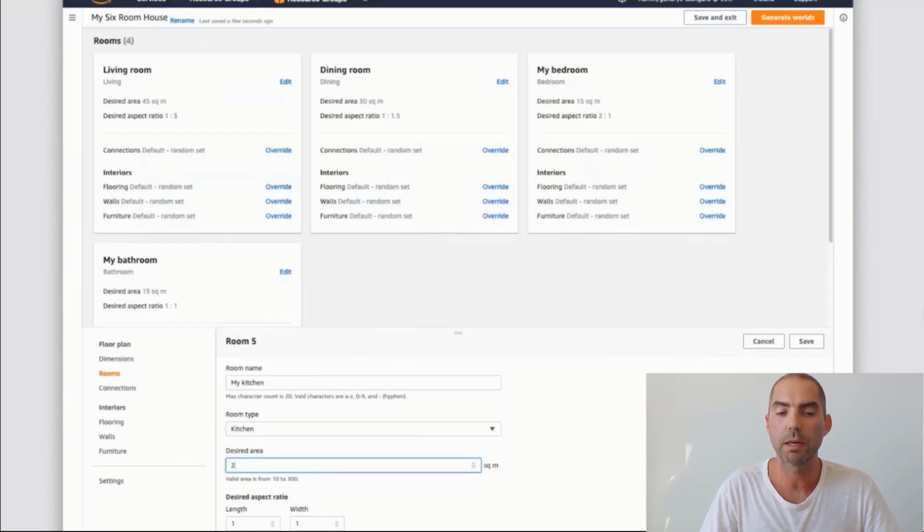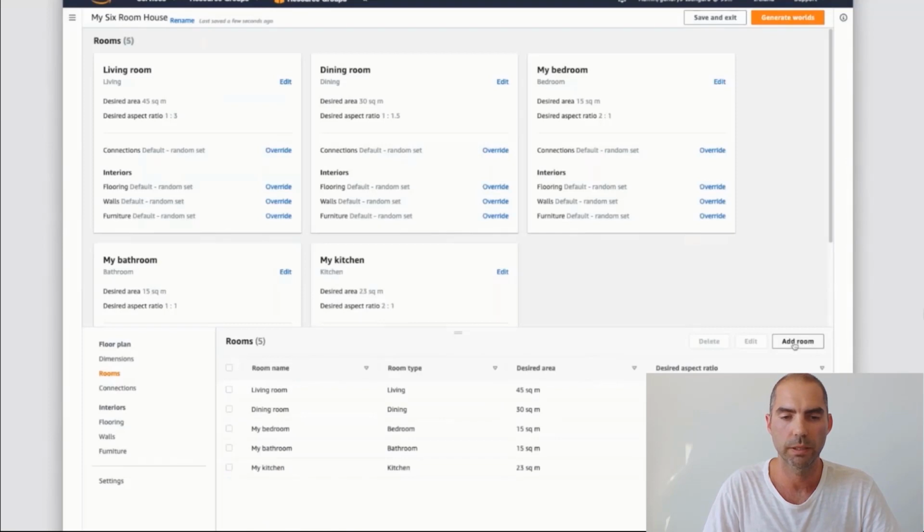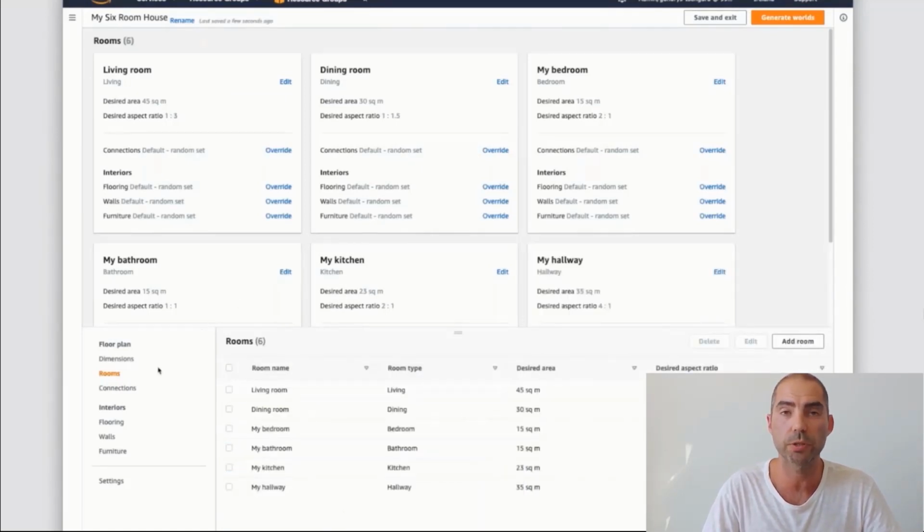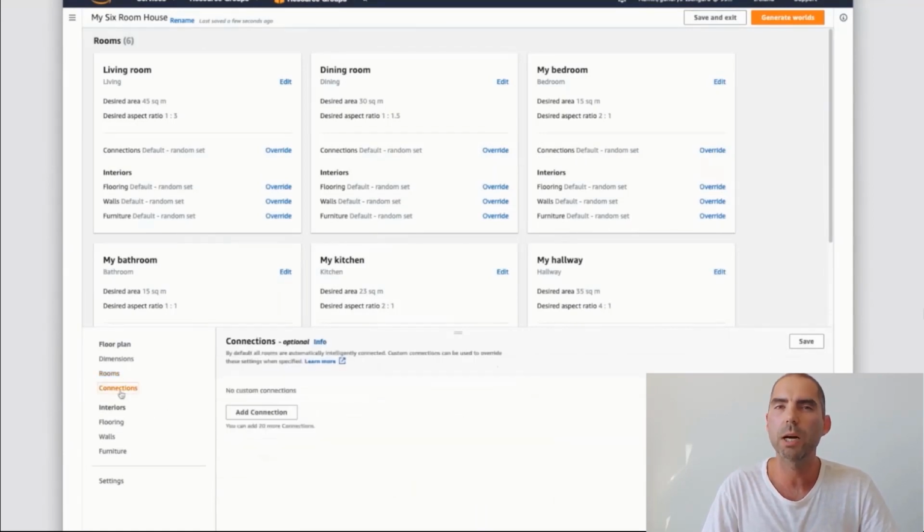We'll make that larger, and we'll make that a little bit wider. So as you can see, we're building up this floor plan from 2 rooms out of the box sample template to adding 4 custom rooms. We're going to create a hallway and we're going to use the maximum aspect ratio, so it's long and narrow. And there you have it. There are 6 rooms, the list of rooms is there, but now we want to actually